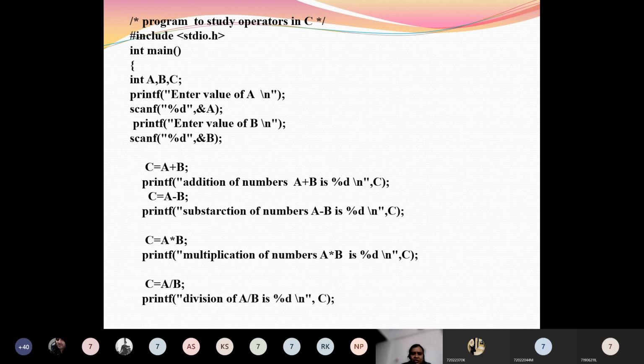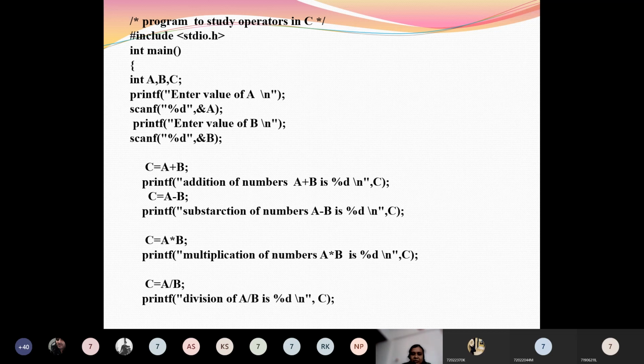Now we are not going to display it, we know what the value of a is. Now printf, enter the value of b. scanf %d and &b, so whatever value you enter comes into b. And to save the result, we have the variable c. So just simple commands are there. c equal to a plus b. Now in c you will get the answer of a plus b. So we just display c.